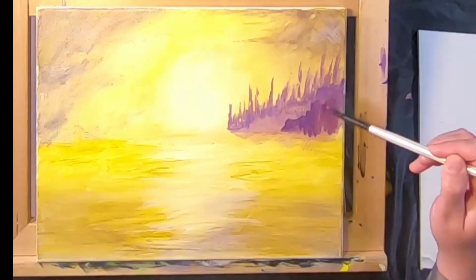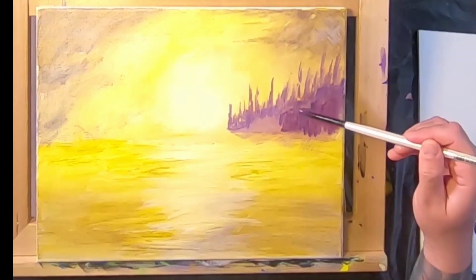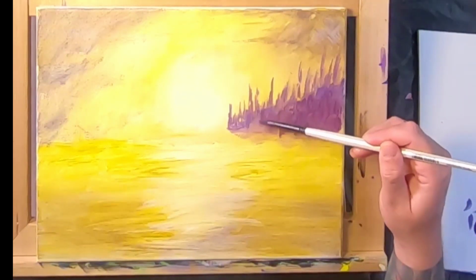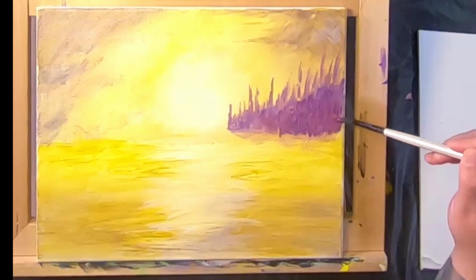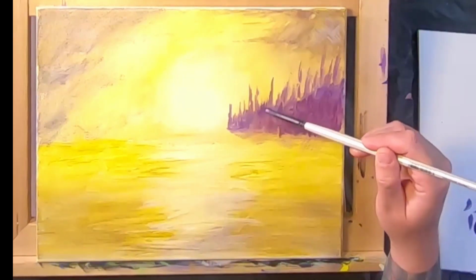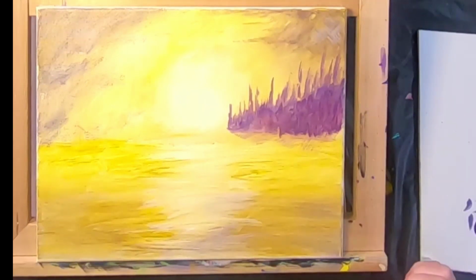So everything we're doing right now, we're changing the texture, because texture is a contrast we use in painting also. We're changing the texture by moving the brush in a different direction than what's behind it and what's in front of it. So I'm really digging how this is turning out. Now every time we paint,